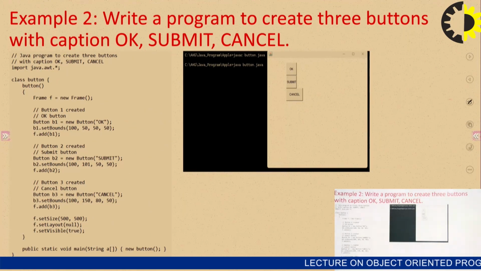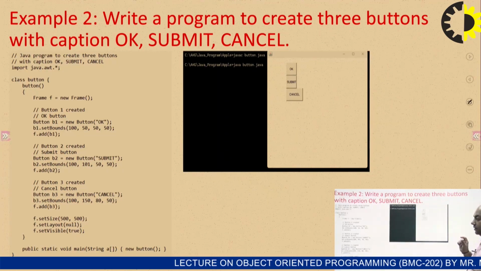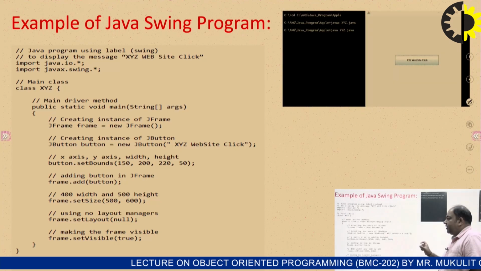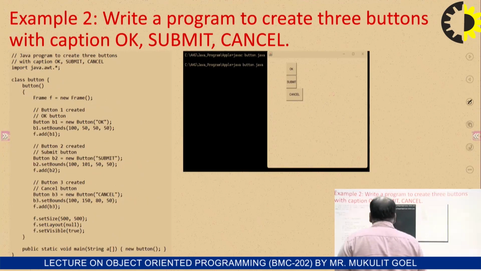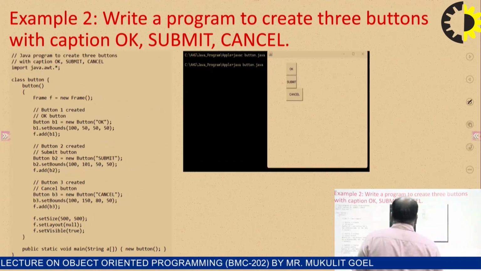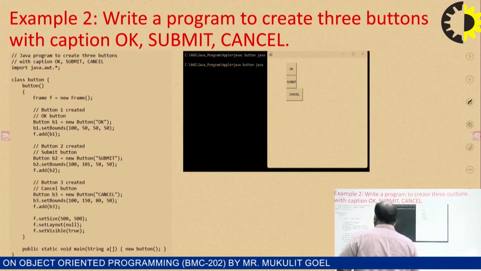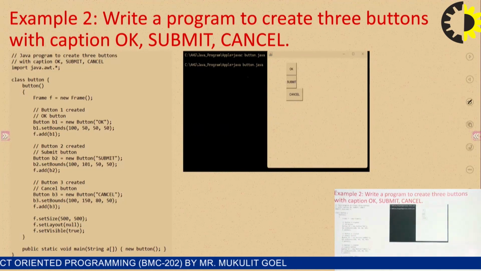Now we write a program to create 3 buttons with captions OK, submit and cancel. In the previous example, we created only a single button. Now we create 3 buttons with the help of a Swing program. So the 3 buttons, same